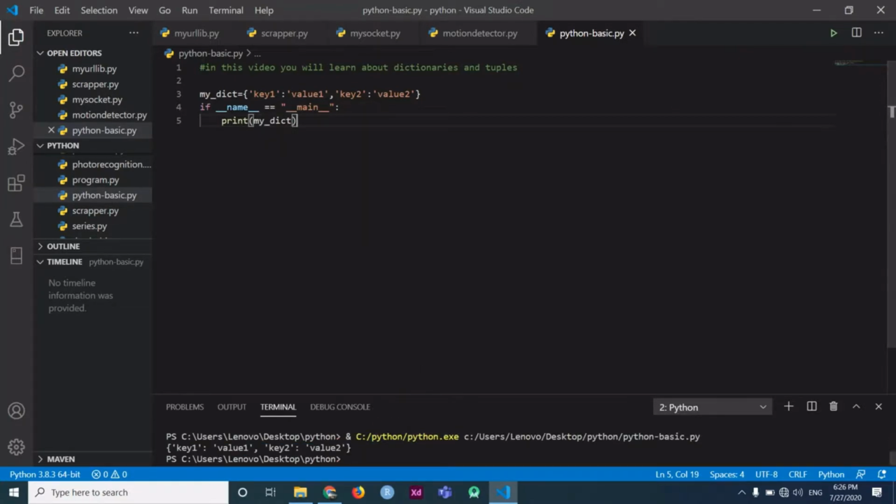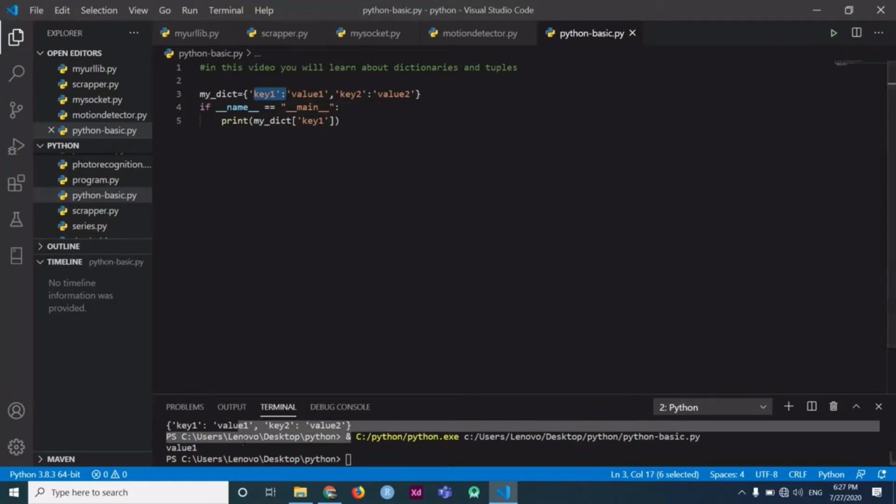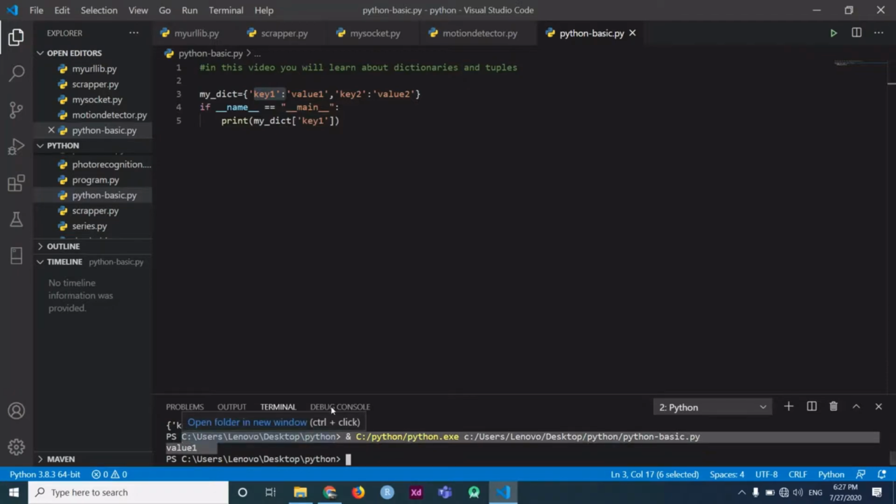See, here it is printed, my dictionary. Now I want to print value 1. So what I have to do is just write key 1. I can access this value using this key. Alright, see, I accessed the value 1. Like this you can write